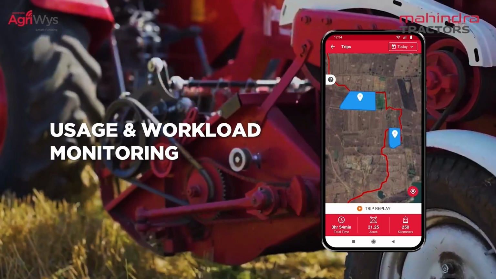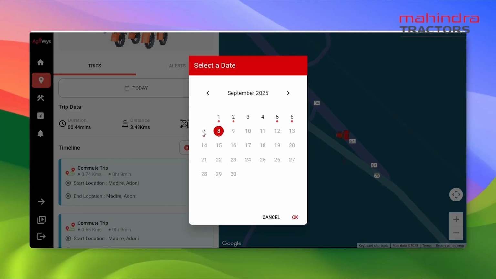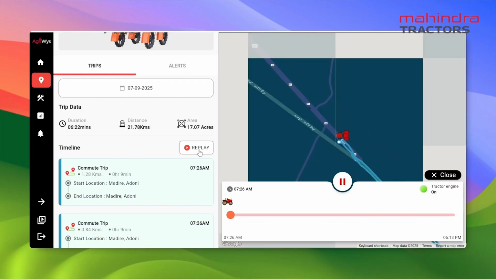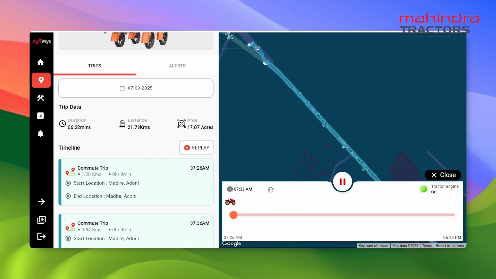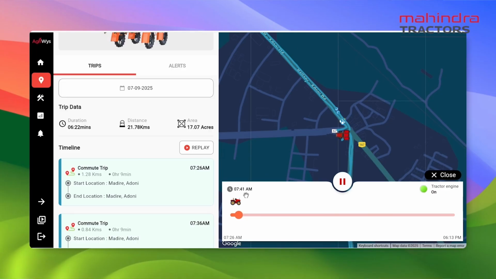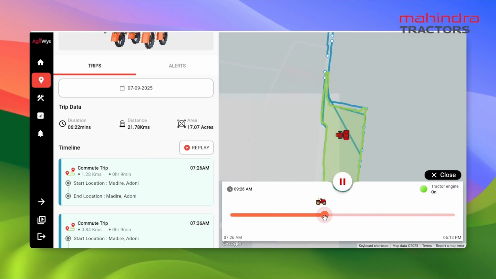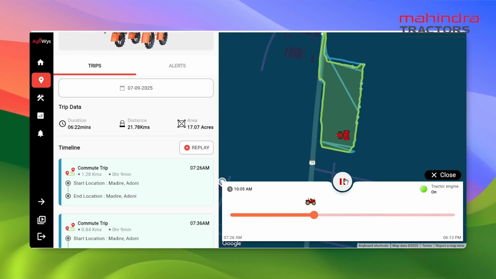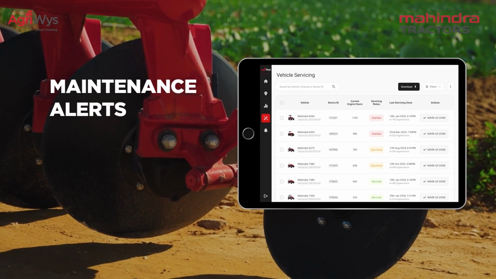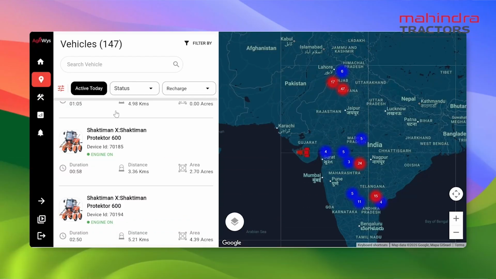If you go to your second tab on your home page, you'll see all your tractors. It will show you where they are. You can open them up, see where they were running, also what they were doing during their working hours, where they were stopping, how long they were stopping at a specific place, and you can also see your idling hours. So if your tractor is idling for an hour out of the day and it's unnecessary, you can see it on here. And the last one we'll have here will also show you your alerts.